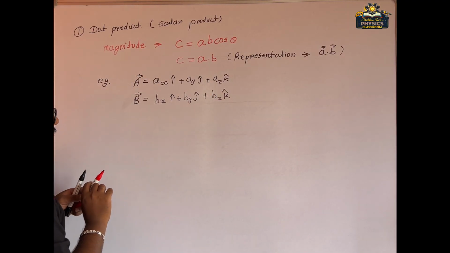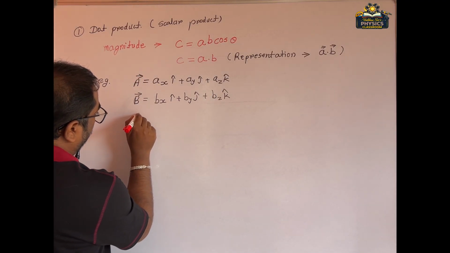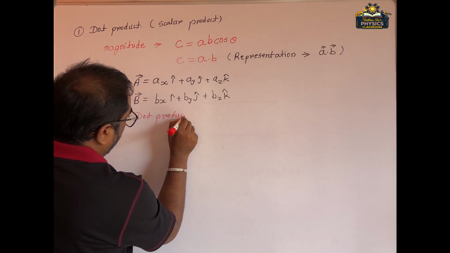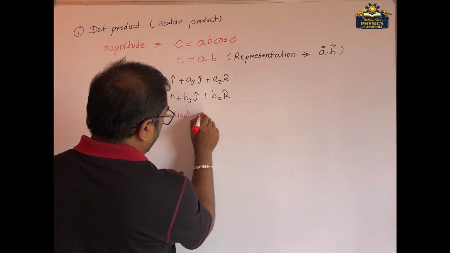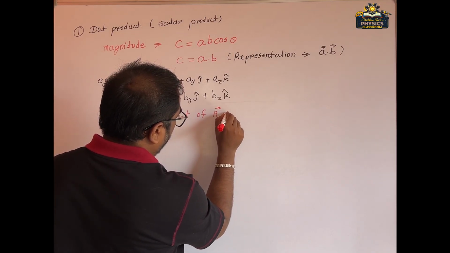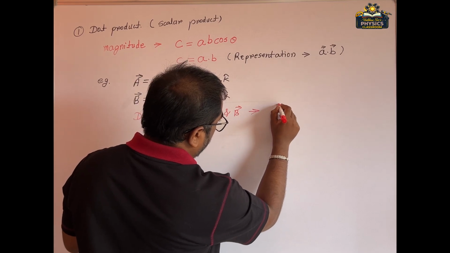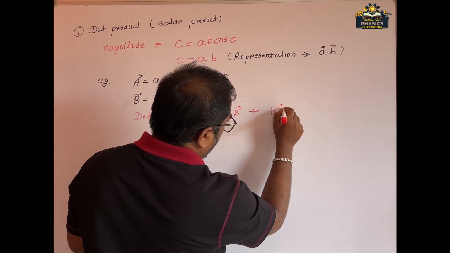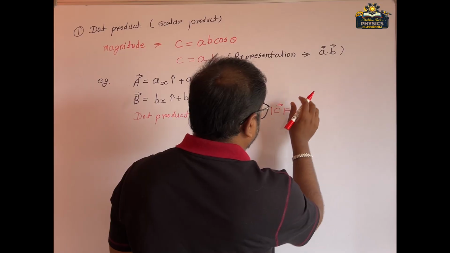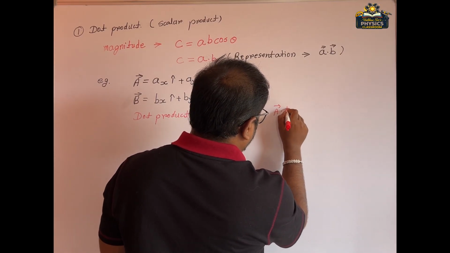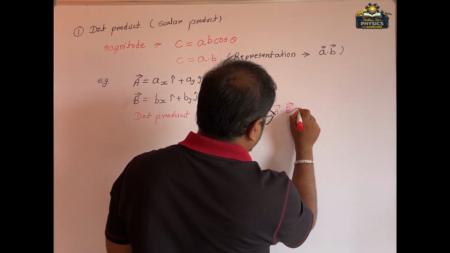So we want the scalar product or the dot product of vector a and b, meaning this is the c vector or the magnitude of the resultant vector, or we can write a dot b